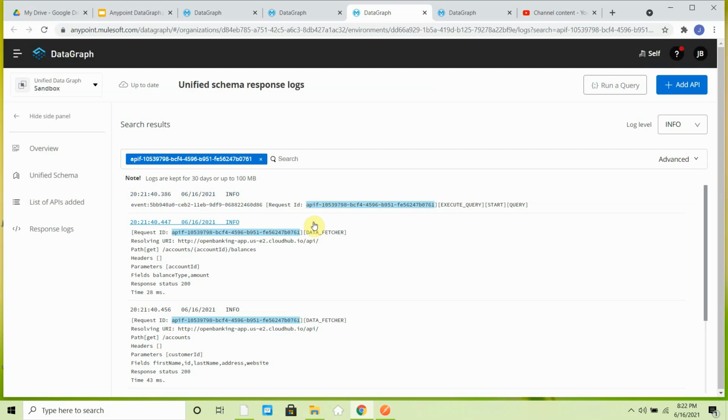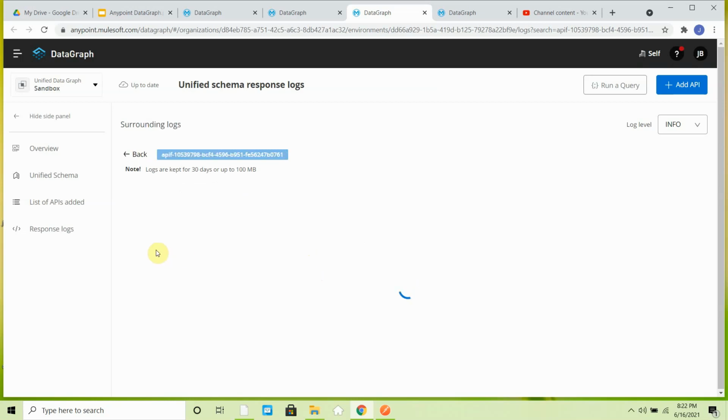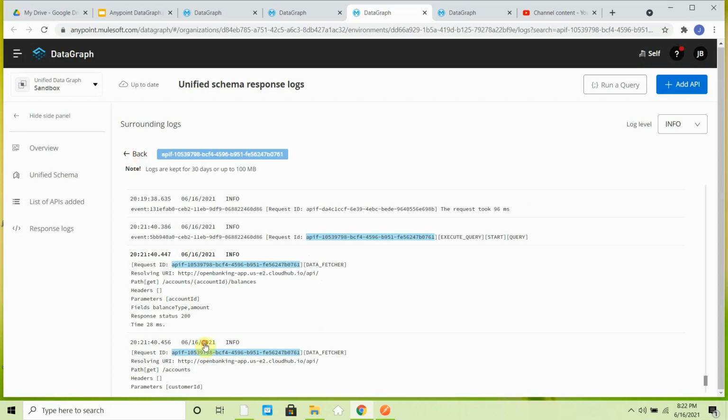Okay, here it will show what the different APIs have been called. So let me show you. If you see here, this is my implementation URI and the path is account slash account ID slash balances.